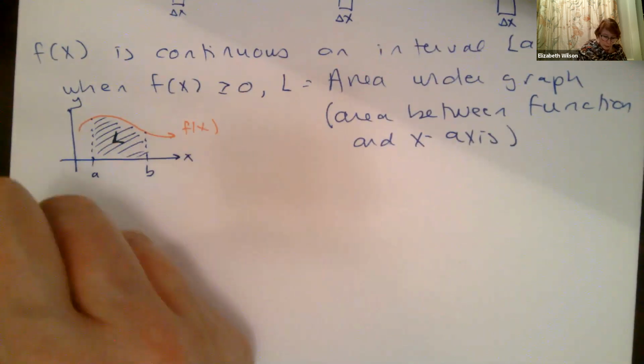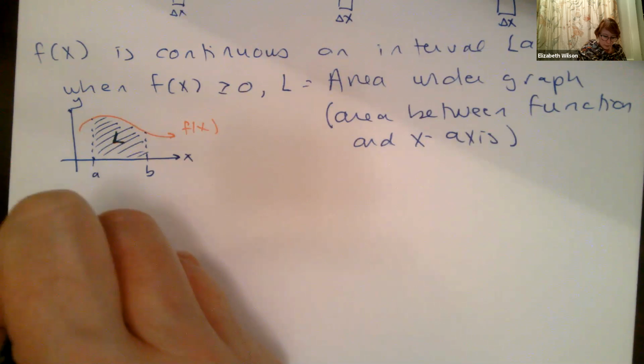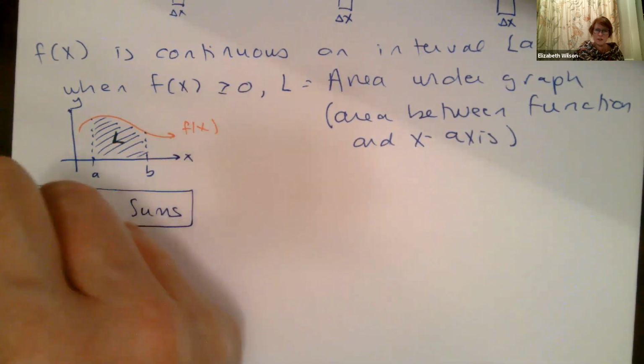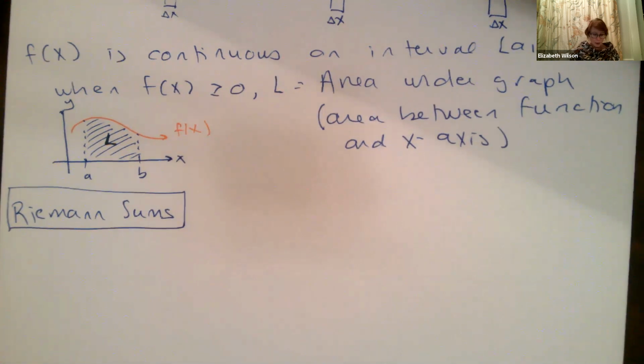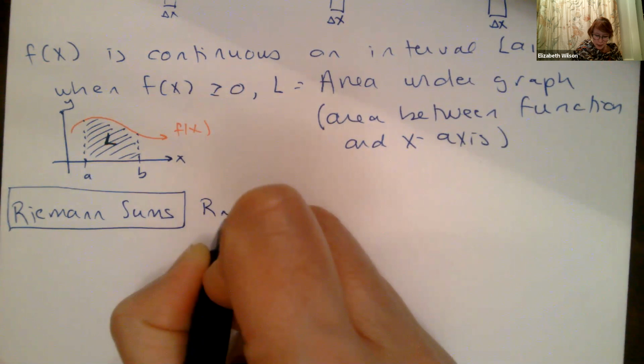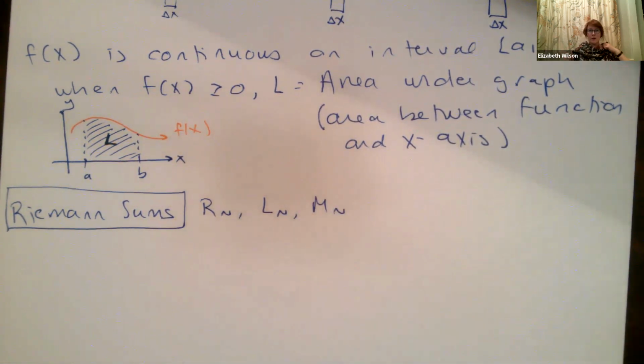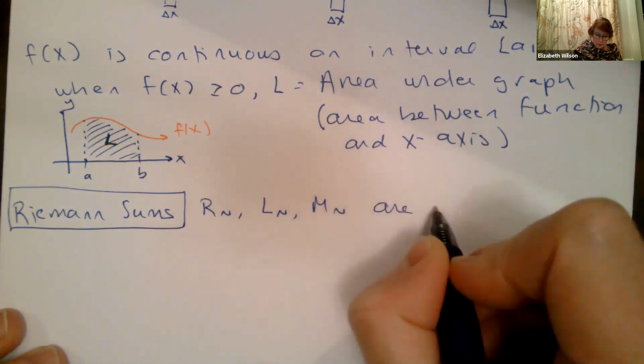All right, so let's talk about Riemann sums. There's a lot of definitions in this chapter. I think I said that already. So let's remember our R sub n, L sub n, and M sub n. These are kind of a form of Riemann sums. They're not specifically Riemann sums. We're going to talk about how they're slightly different, but R sub n, L sub n, M sub n form an idea. They're just like a Riemann sum, but these are made of